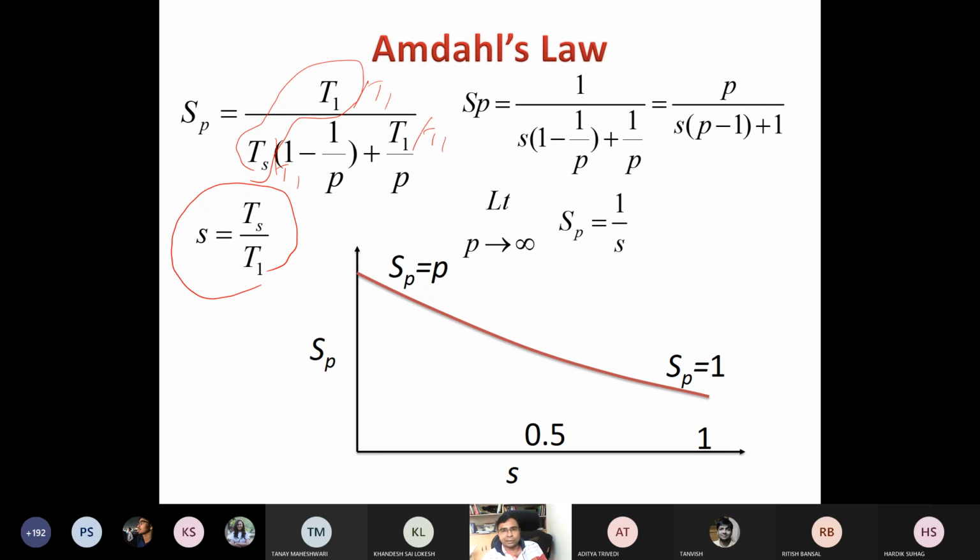So then what will we get? In this place TS by T1 will be S. So SP, speed up, is equal to 1 by S, 1 minus 1 by P plus 1 by P. Okay, and if you rearrange, you will get this thing. But from this part,